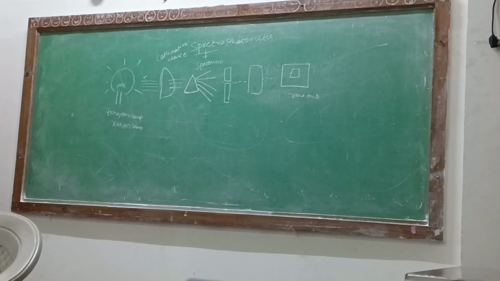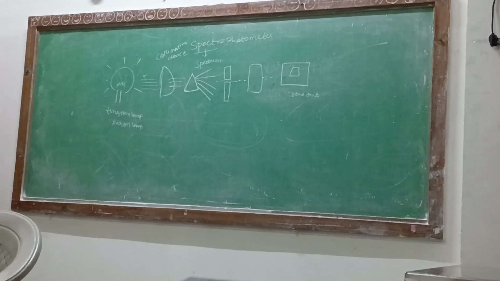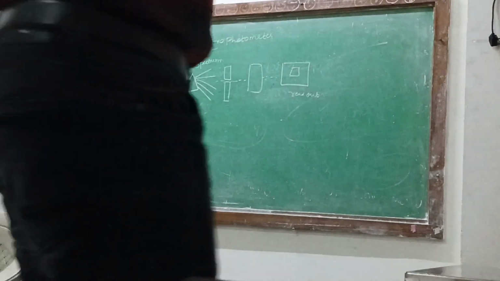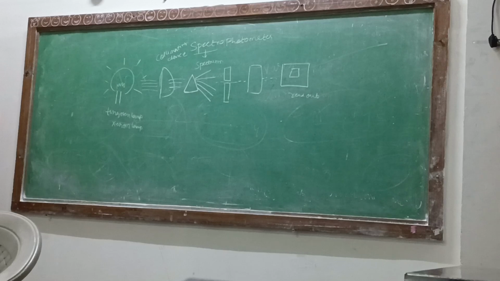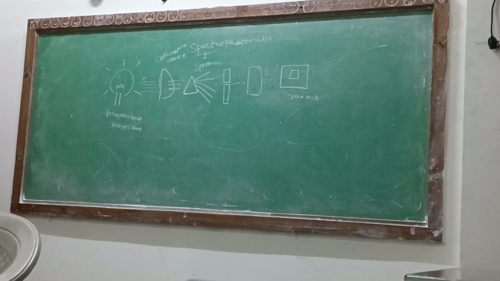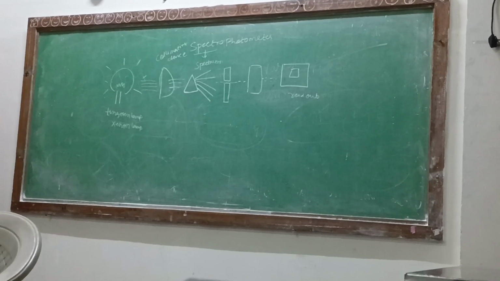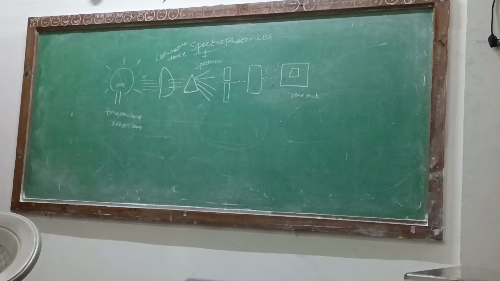What is the role of the amplifier and the galvanometer? Whatever transmitted light is received on the other side, it converts into volts, and the volts are again converted into a reading, giving you the reading of the absorbance. Because the light has been transmitted, but our work is with absorbance, not with transmittance. We are not having any work with the transmittance. We are having work with the absorbance. So the amplifier and galvanometer do the calculation and give the reading of the absorbance.